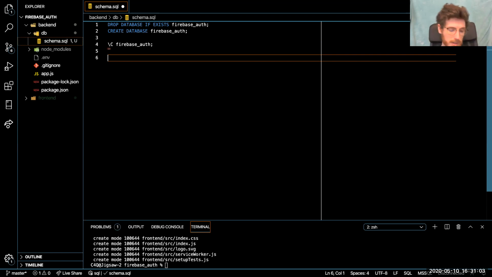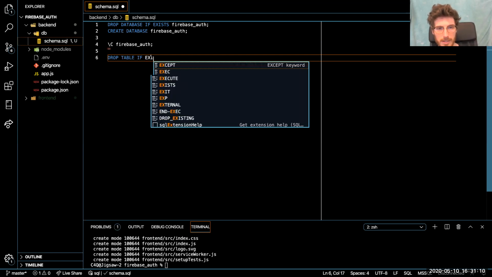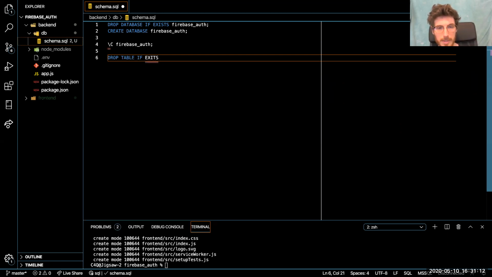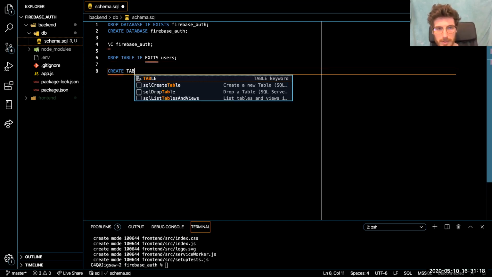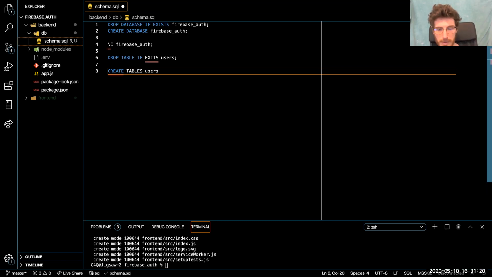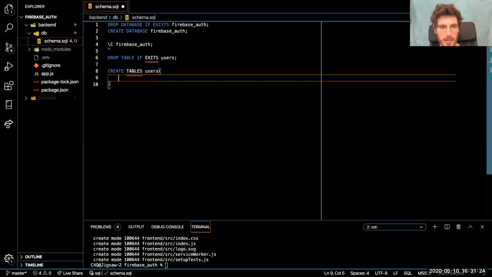And then let's create our tables. So I'm going to say drop table if exists users, because I want a users table. And let's go ahead and create our table for users. Table users. And my users are going to have an ID,